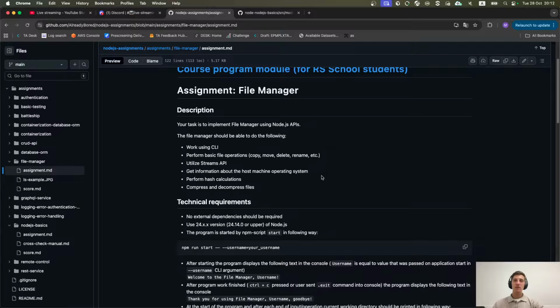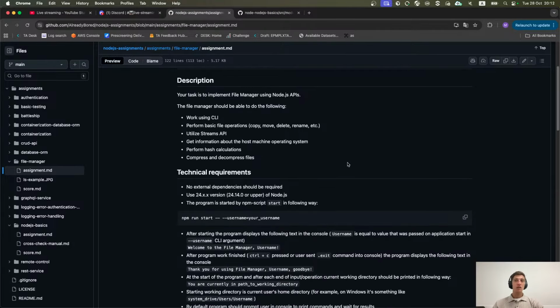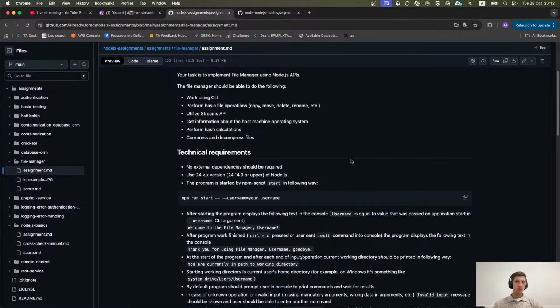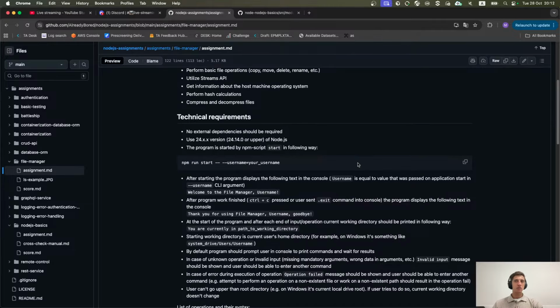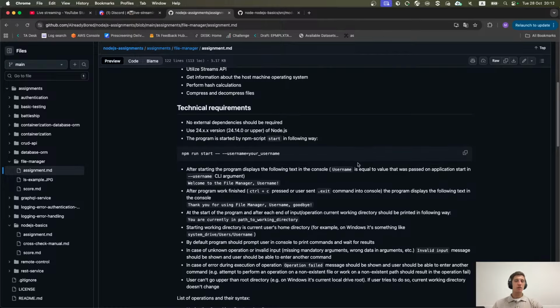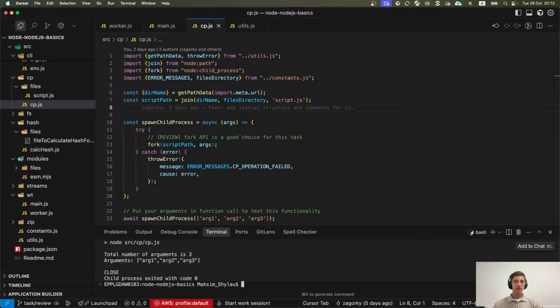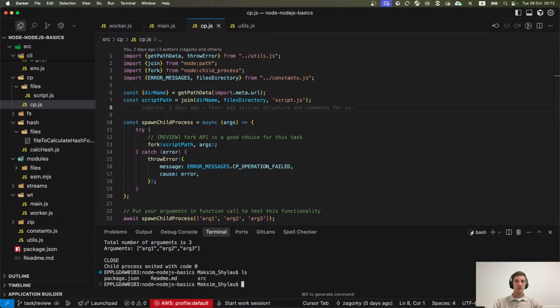You will build an application that uses all these APIs together. So, how should it work? It should work similar to a Bash CLI. So you can see that we can, I don't know, list file content. We can read some.